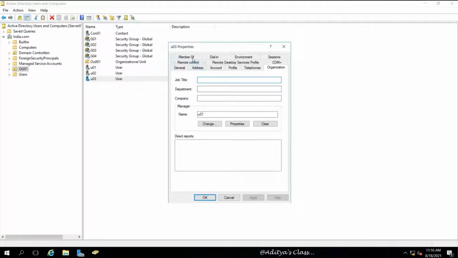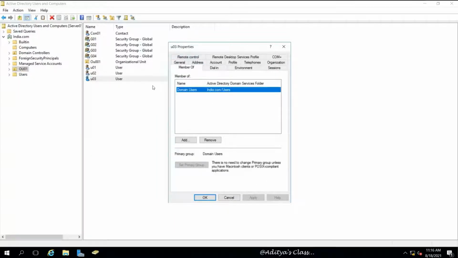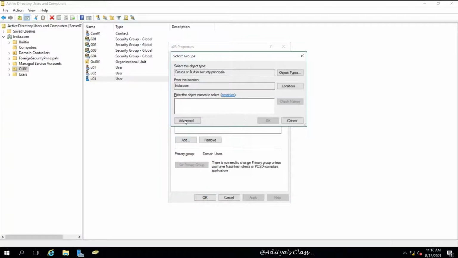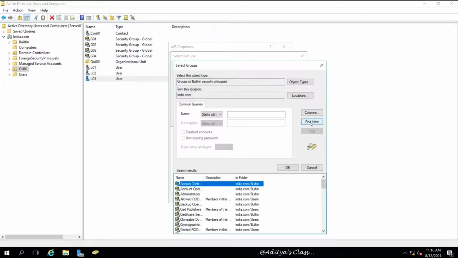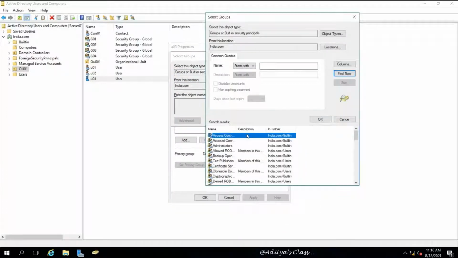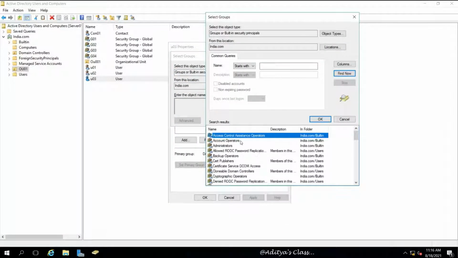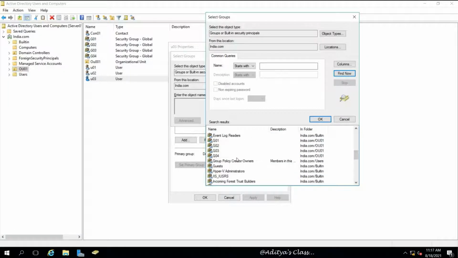Now let's say user is a member by default of the domain users group, but we want this user 3 to be a member of some other group. Now we can see a list of built-in groups like domain administrator, schema administrator, or account operators, and so on. Now we would like to test with the group which we have created, say G01.